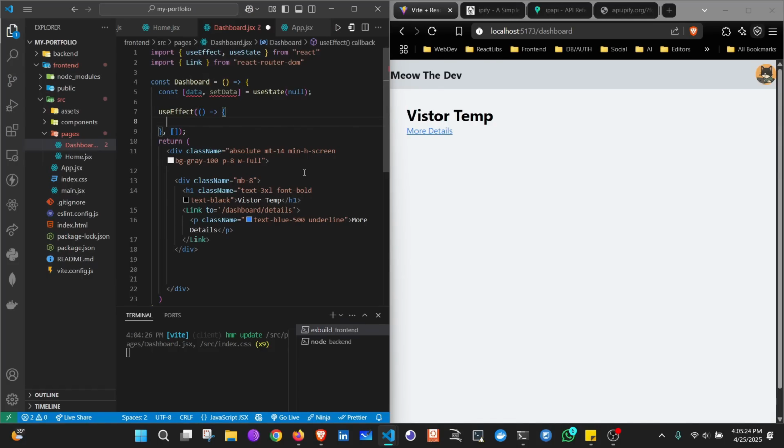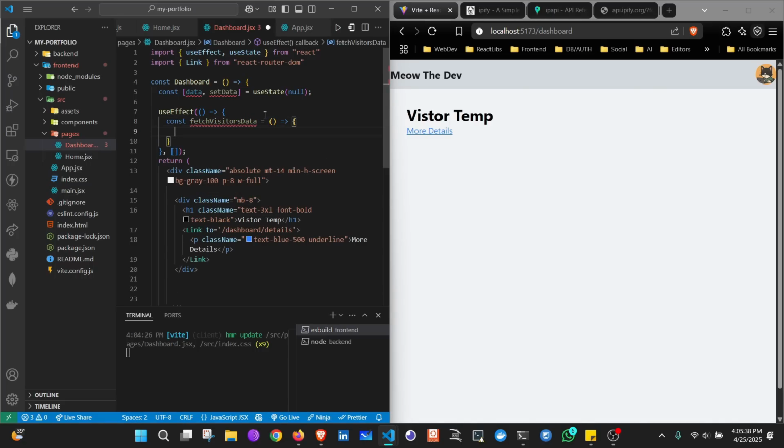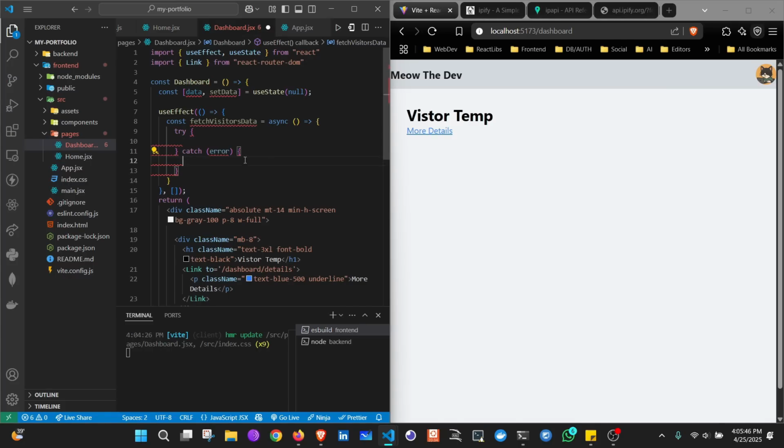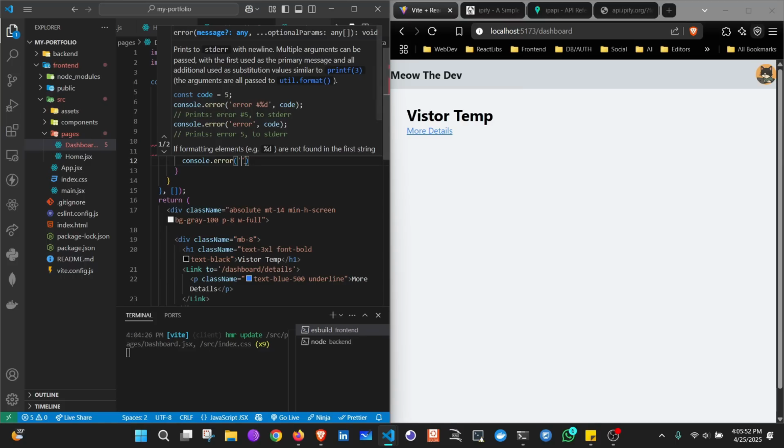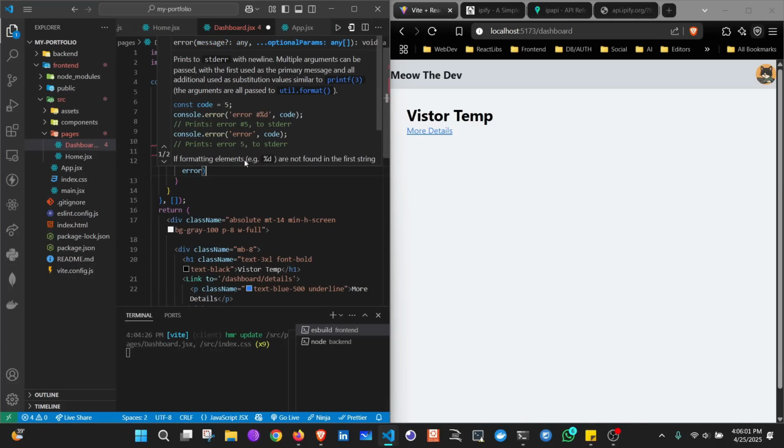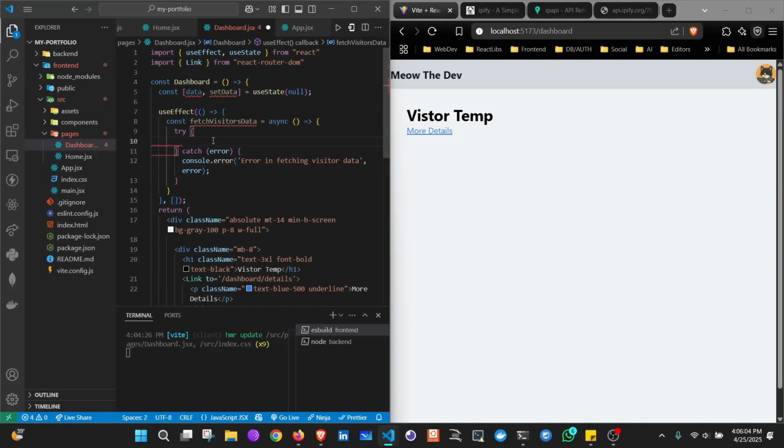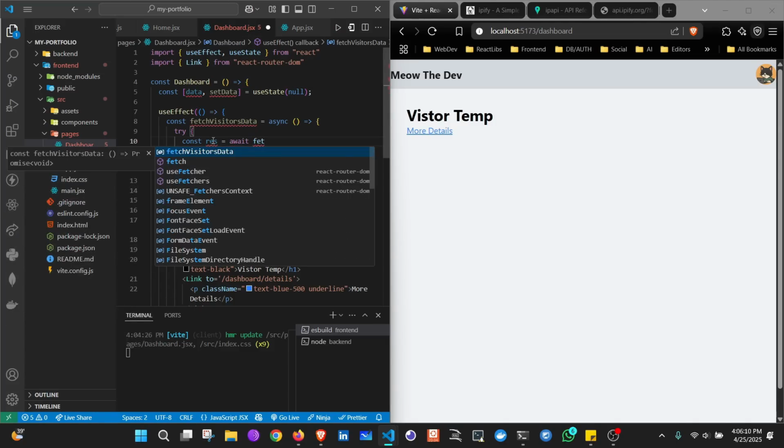Then there I will create a function const fetch visitors data is equal to, and it will be asynchronous obviously. So put a try catch block, then catch the error first, console.error error in fetching visitor data, and also the error. Then inside try, firstly const response equal to await fetch,